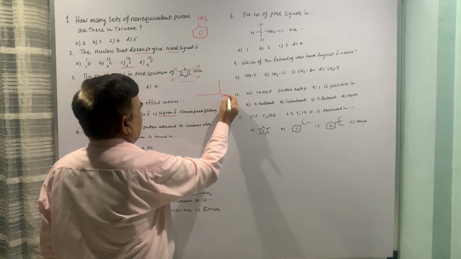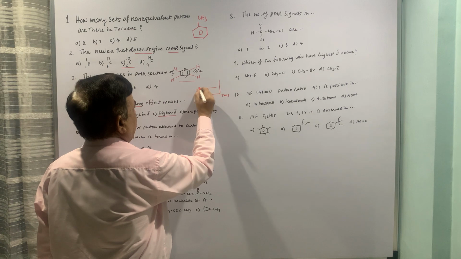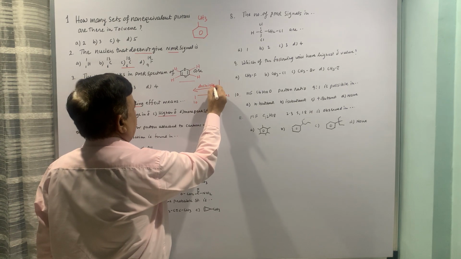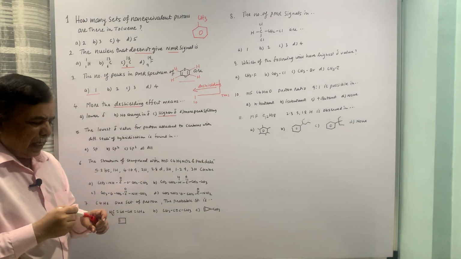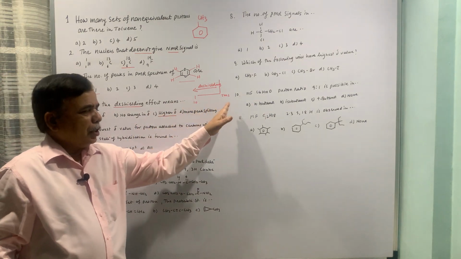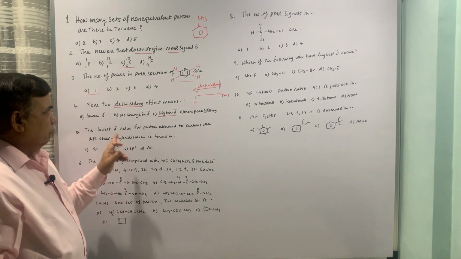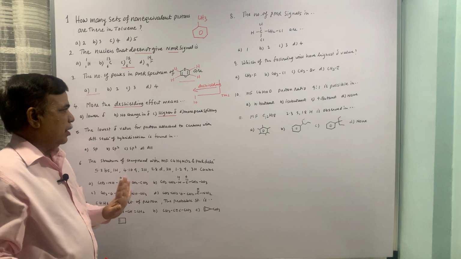We have already drawn that spectrum. This is TMS and let us say this is 10 delta. If you go this side, it is de-shielding. That necessarily means the higher chemical shift. Higher chemical shift is de-shielding, lower chemical shift is shielding. So in that sense, more de-shielding means higher chemical shift, and that's all.